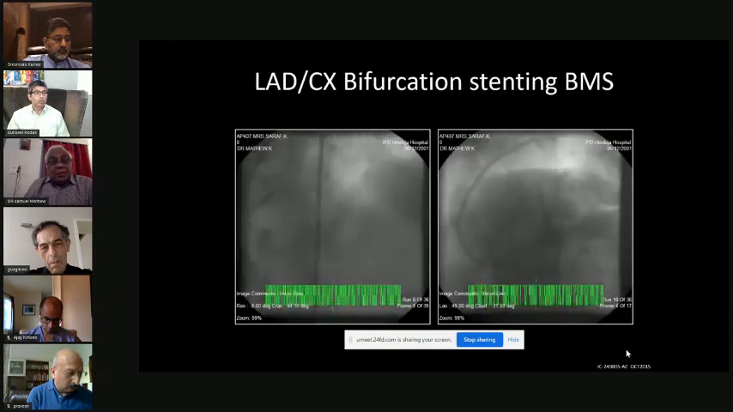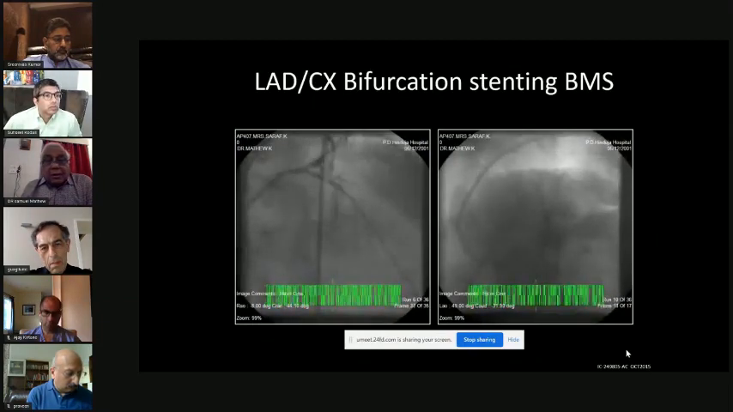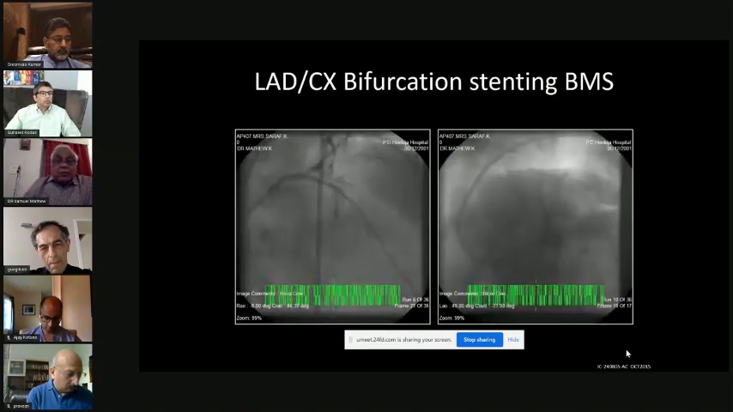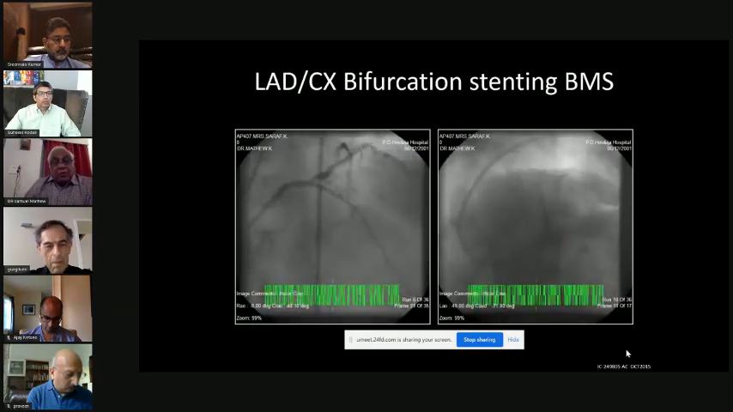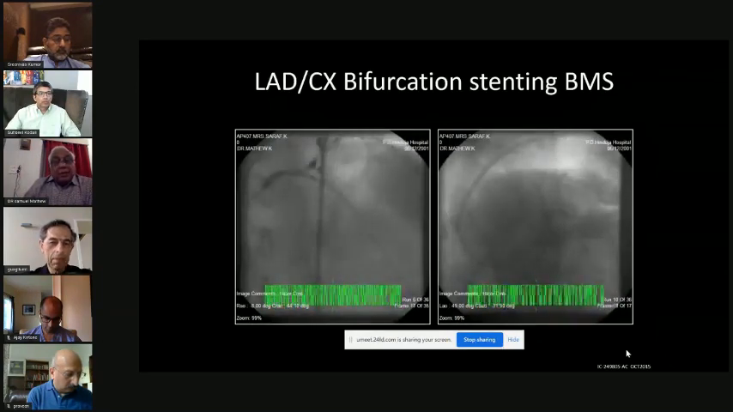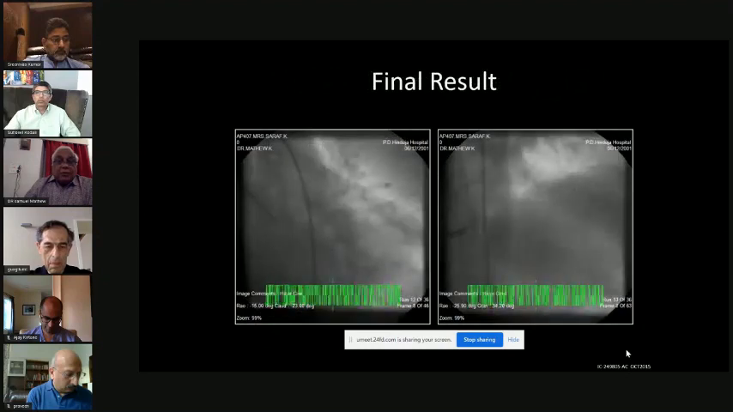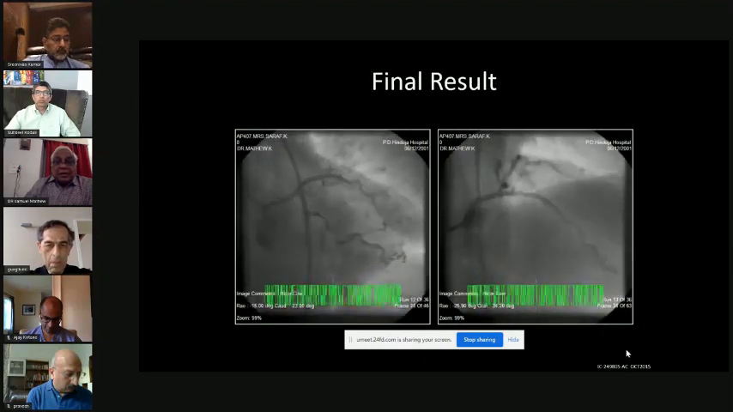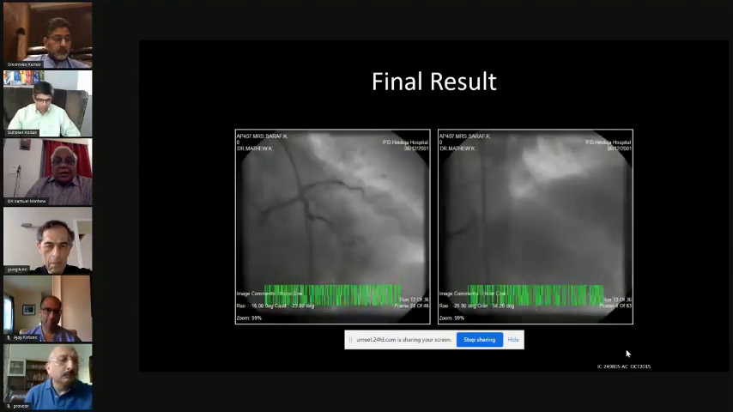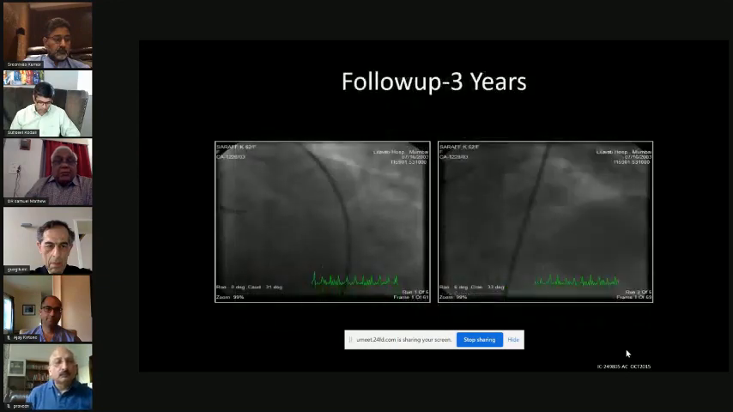At this point of time, this is about early 2000, 2001, yeah. At that point of time, we never knew what would be the long-term outcome. We managed to follow up this patient for a long time, and 3 years later, we did a restudy. To our surprise, this is the final result which we had sent the patient with, and this is the follow-up